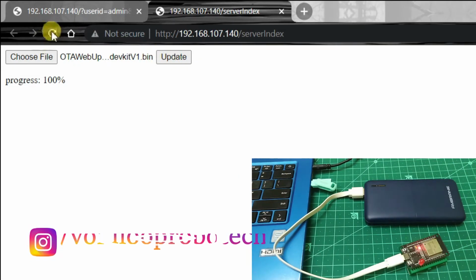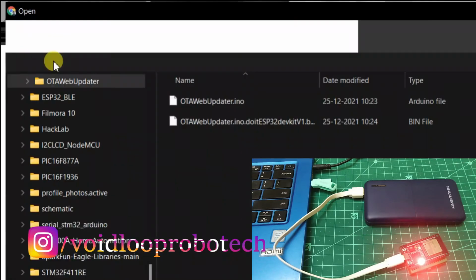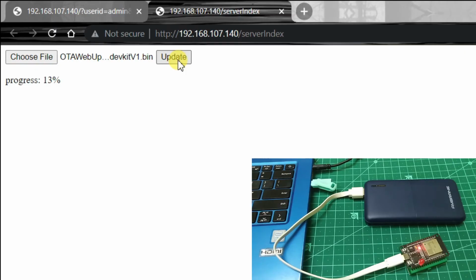What happened? I think we have to reload this. Okay, again choose and update. Once it will be finished, then code will be updated. Okay, wow, you can see LED is blinking with 100 millisecond delay.